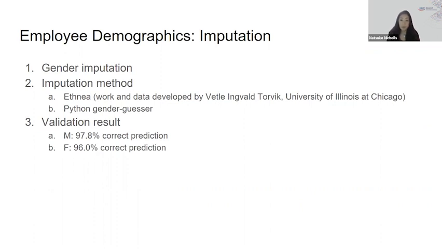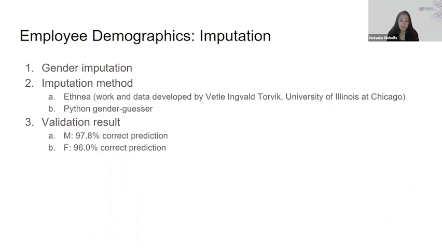With the actual gender information being provided from a given university, we were able to validate our gender imputation work. Validation was pleasantly successful and produced 96 to 98% of individual gender correctly predicted,